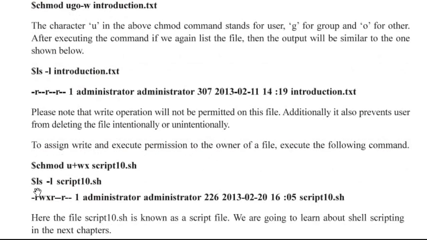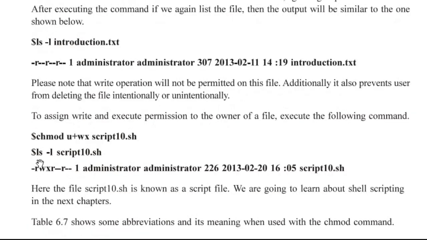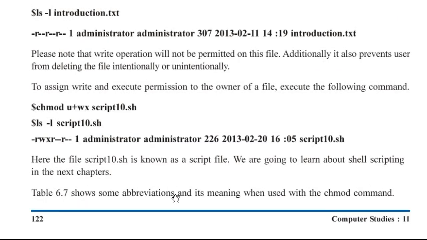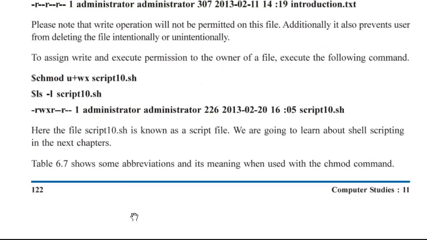Now if you give the command ls -l script10.sh, this will be the output: -rwxr--r-- 1 administrator, and then the name of the file. Here the file script10.sh is known as a script file. We are going to learn about shell scripting in the next chapter.